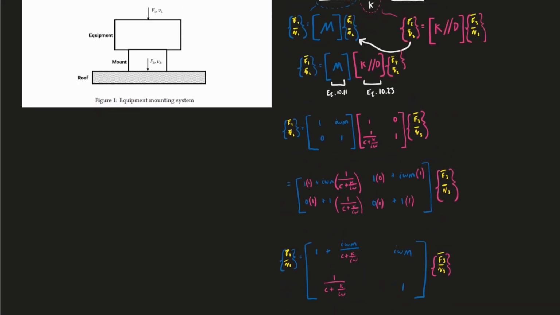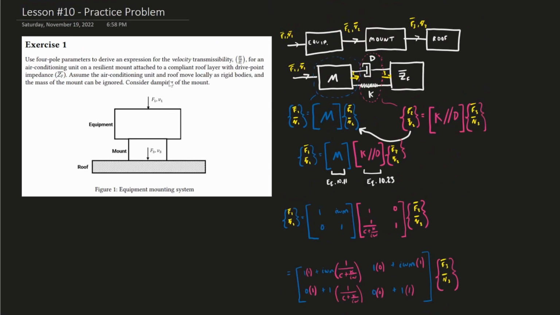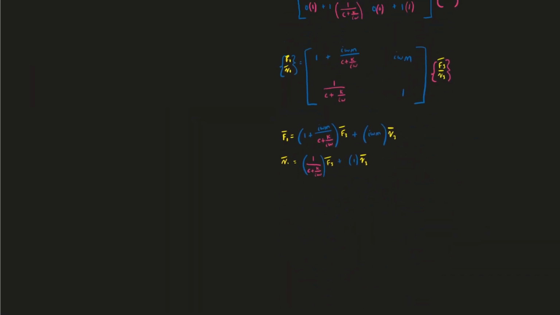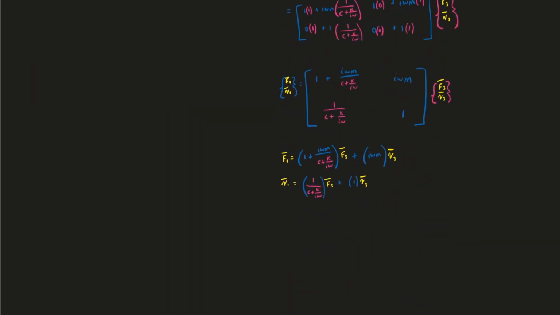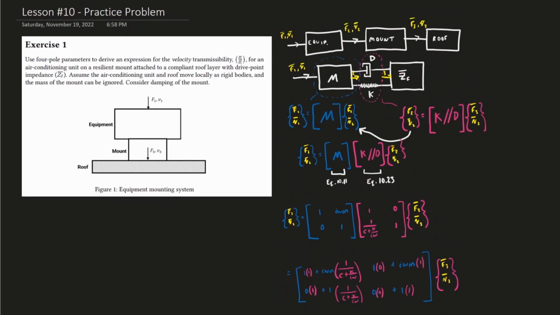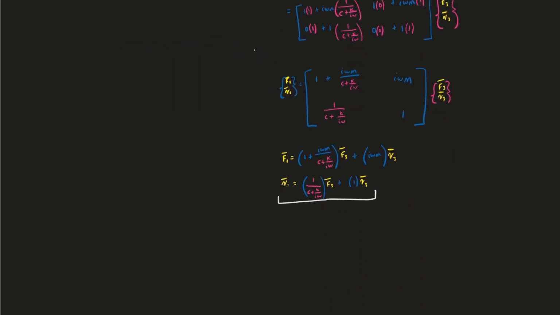Since in the original prompt we are interested in the velocity transmissibility V3 over V1, if we look at these two equations, we'll see that the second equation, which contains V1 and V3, will be the one that we're more interested in. To start to get it to look a little more like what we are ultimately interested in, V3 over V1, which I'll just write over here since that's what we're interested in,